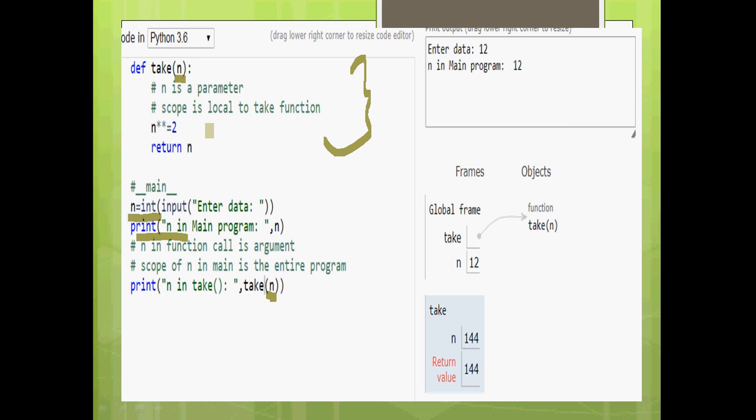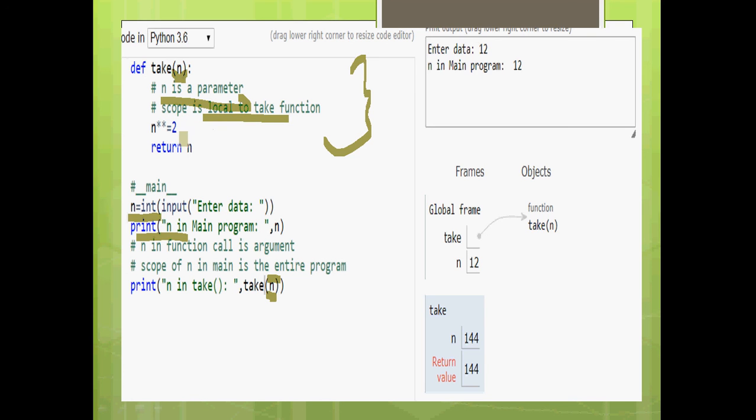The variable name through which you pass the actual argument is n, and the variable name you used as a parameter is also n. But these n's are not the same. That is what this immutable type example explains. So n is a parameter, another reminder, and its scope is within the function itself.